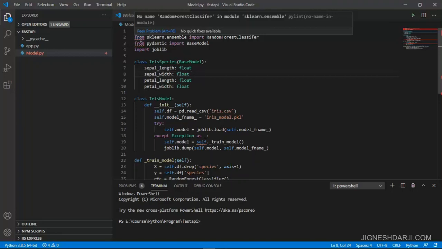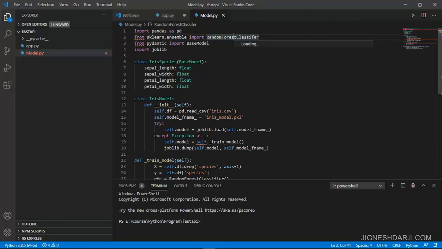Here we can understand that we have four particular parameters, or attributes, inside the IrisSpecies, and we need to pass all these four pieces of information when we call that predict POST API.